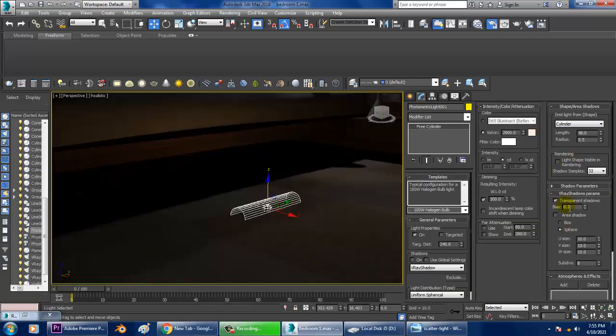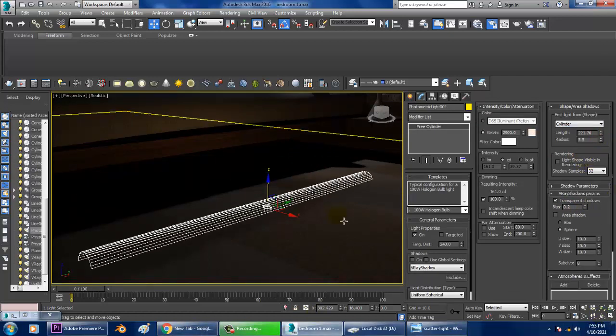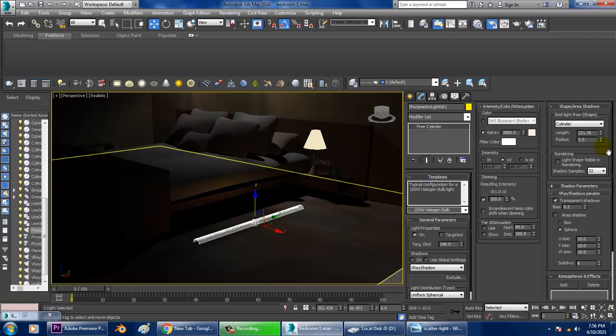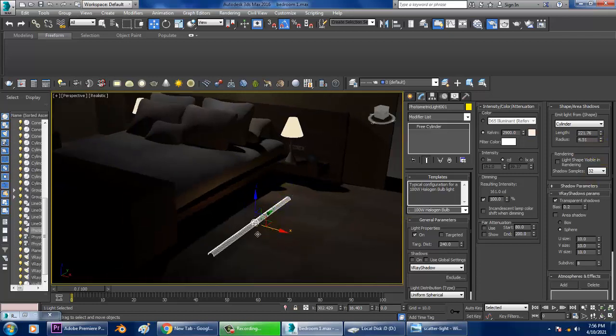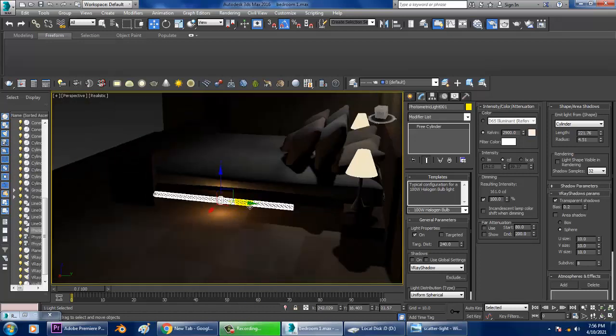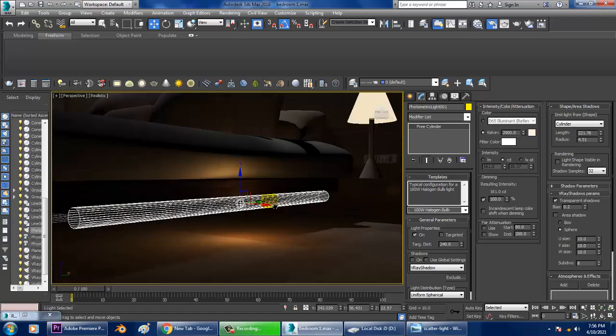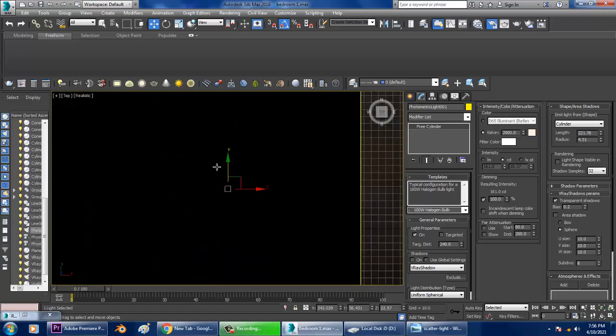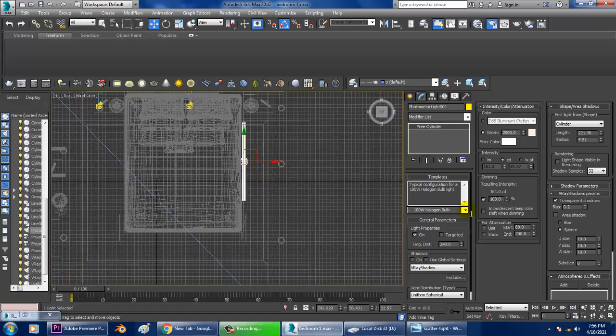So increase its length, reduce its radius of this particular light. So now and increase its length a bit.